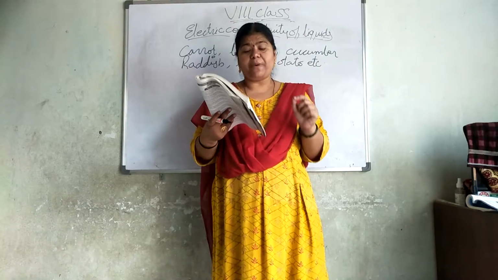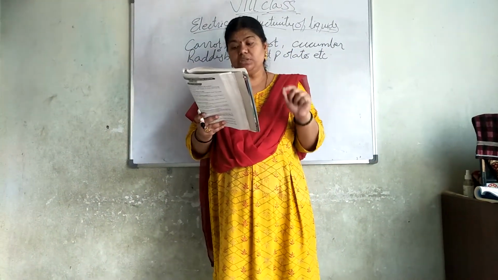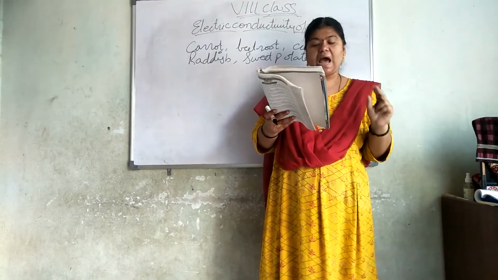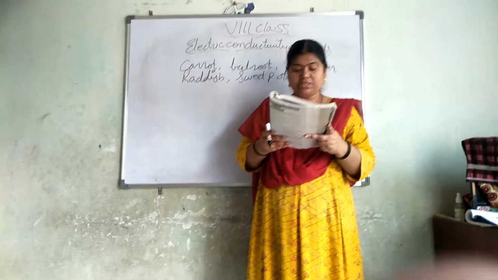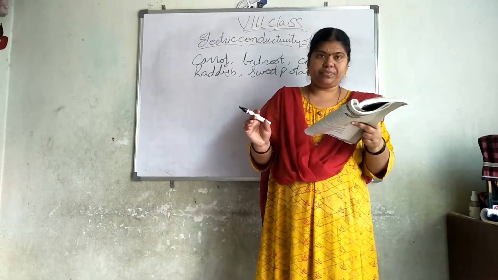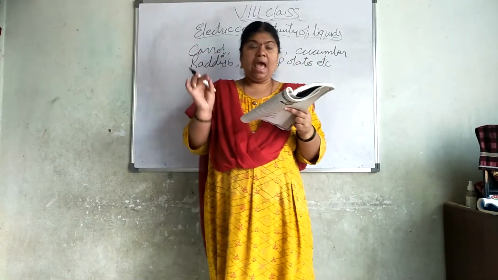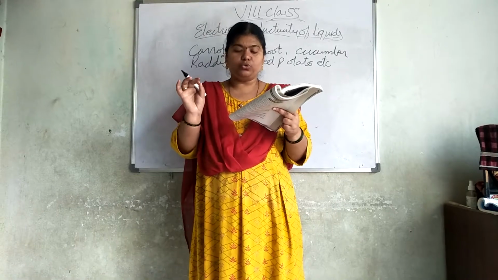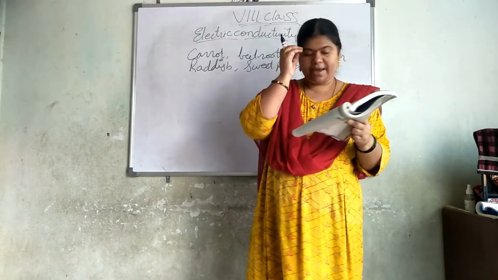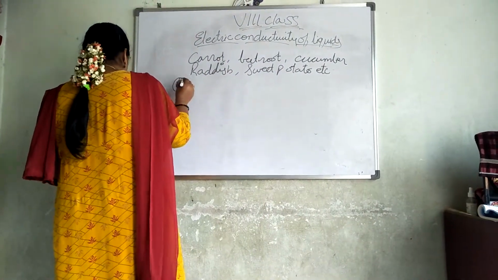If a battery is packed in a box and only two wires from two terminals are given out, how can we decide which one is the positive and which is the negative terminal of the battery? Listen to the question carefully. If a battery is packed in a box and only two wires from two terminals are given out, how can we decide the positive and negative terminal of the battery? The answer is in your think and discuss question.